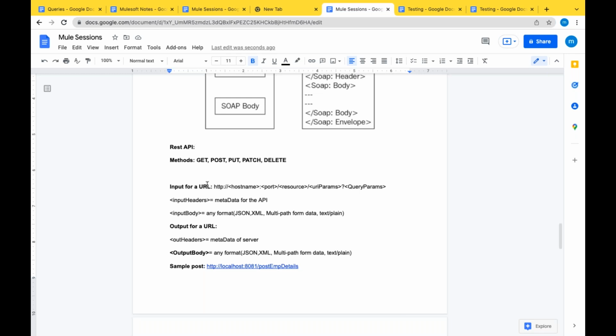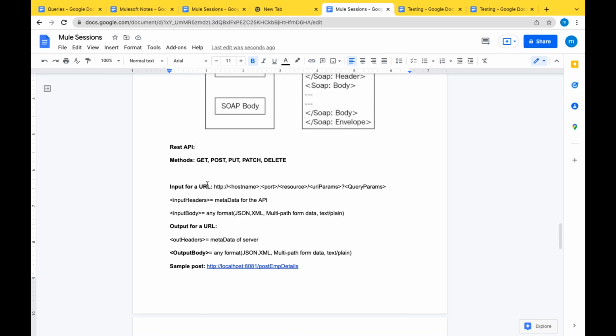So for each functionality, we define an API; that is where microservice architecture comes into the picture. For each small use case, we design an API and we deploy our applications.